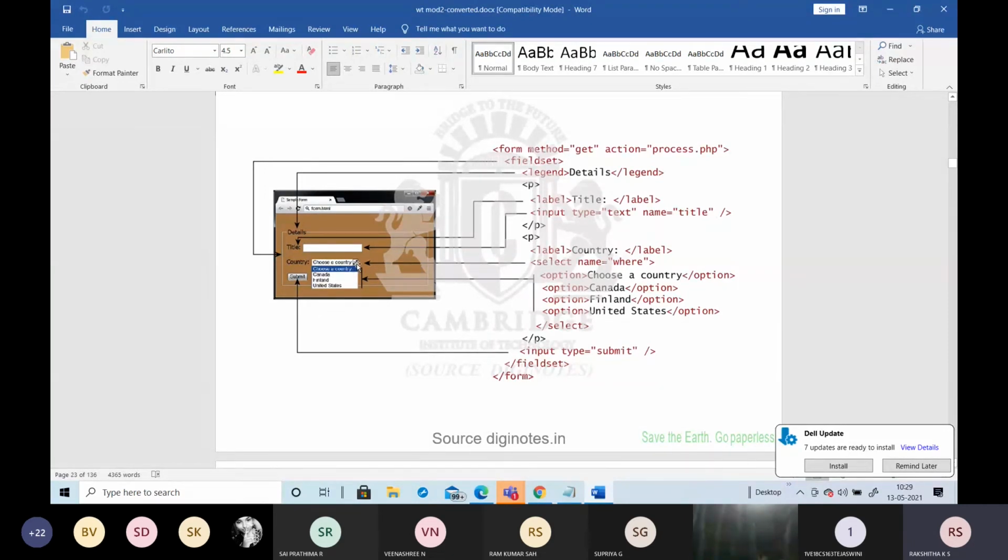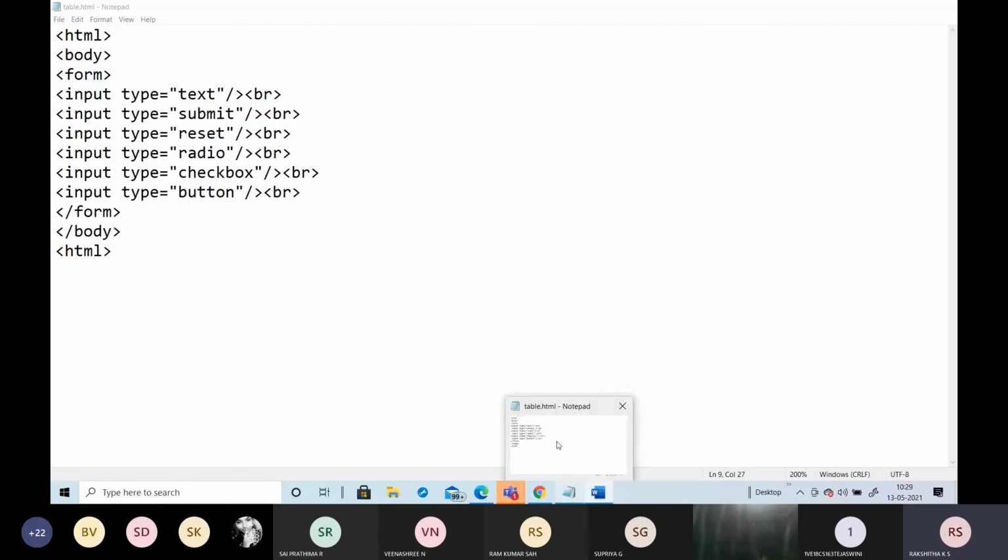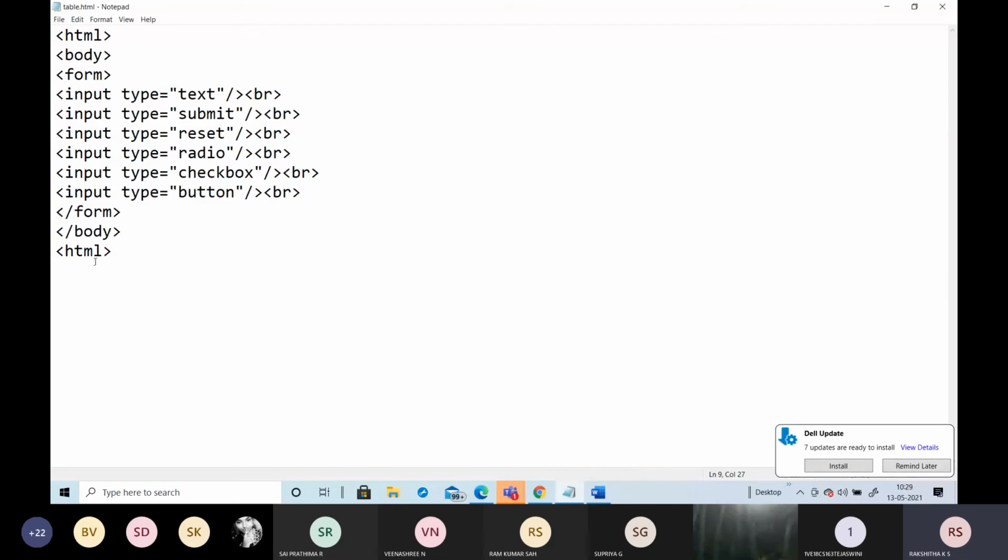To add this combo box, we require one more element known as the select element. What is the use of the select element?